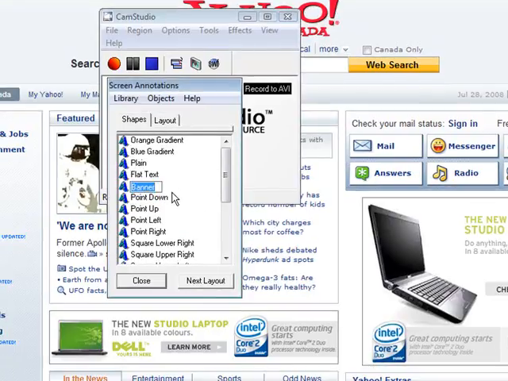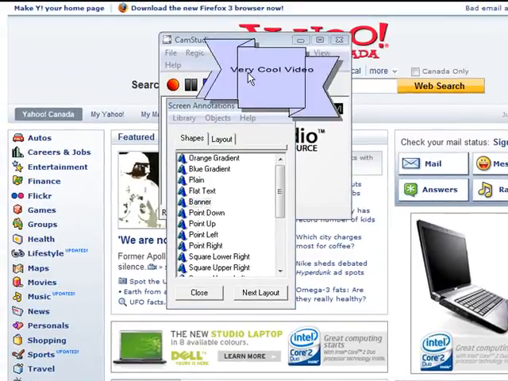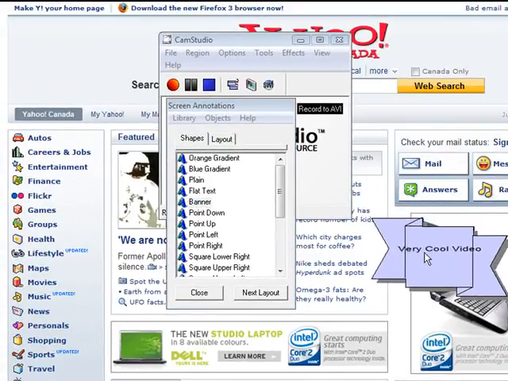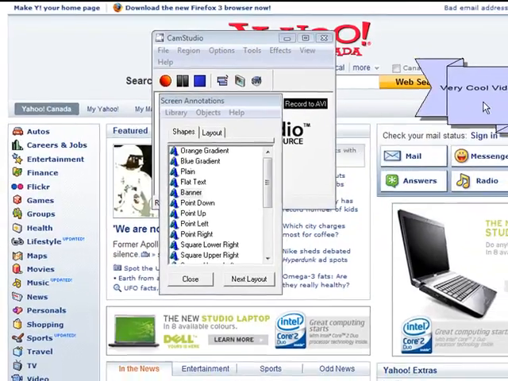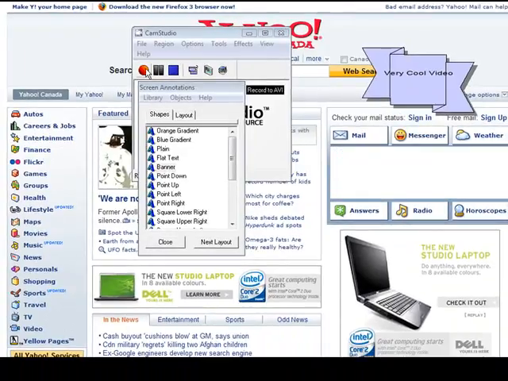Now as we have to do, once we have changed the text that we want there, is just put our left mouse button on it and click on it, hold the mouse button down, and then drag it and plop it onto our video here. And we can put this anywhere we want. And this now acts as a caption for us, and when we record, this is going to appear on our video. So if we were to record now,